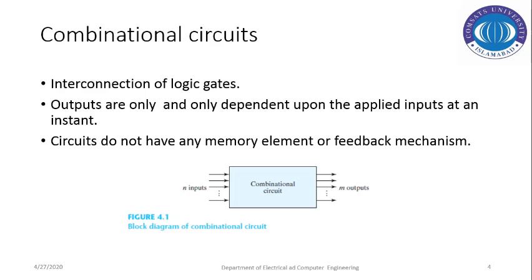As far as examples of feedback mechanisms or memory elements are concerned, a computer system contains both sorts of circuits, combinational and sequential. The memory elements, the RAM installed in your computer system, or any sort of memory element used by your computer system, is basically a sequential circuit that possesses memory elements and has some feedback mechanism. For example, the latches or flip-flops used in a computer system are pure sequential circuits. We're going to discuss those later, but today we're going to focus totally on